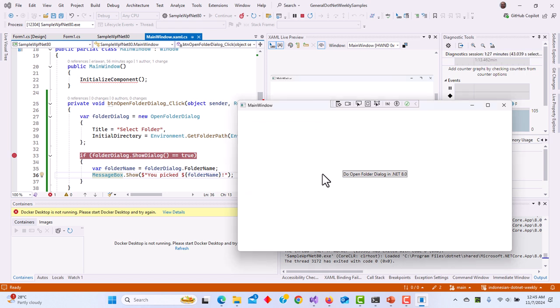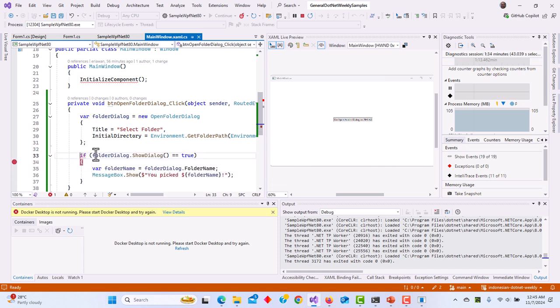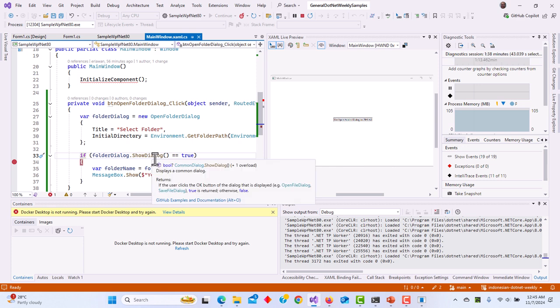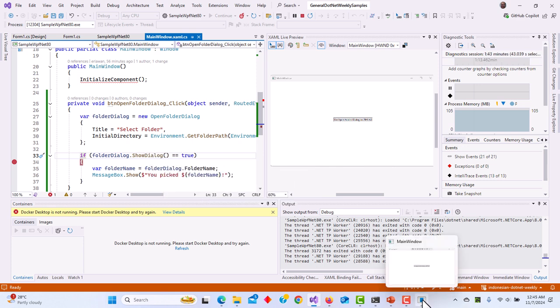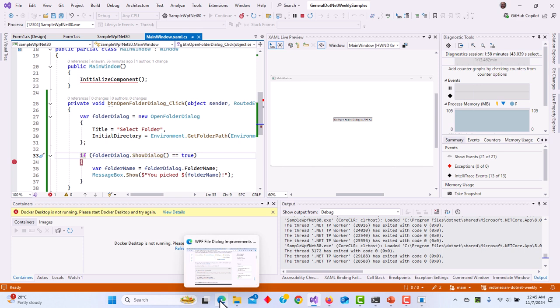Okay. Now I'm going to test, but for now I'm going to remove this, just to show you that it has to run this one first without any interruption. What I'm going to test is the support for changing the theme. If you see, this was a problem back in WinForms. Let me show you. So,